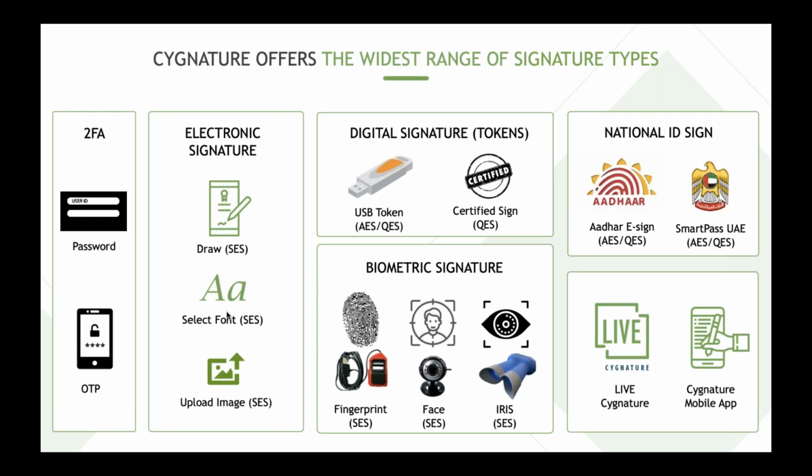A very unique signature type we have in signature is live signature. Basically, live signature is where two people sign from two remote locations anywhere in the world, and they can see each other, they can talk to each other, they can see each other's document when they're signing. Let's say I am signing a document, and one of the persons is sitting somewhere in UAE, so he can see my screen when I'm signing the document. So it happens like a live session, like a live match. That is a very unique signature type we have in signature, which is live signature.